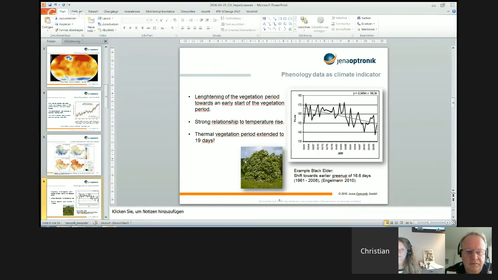The black elder, which is one indicator for phenological monitoring here in mid-Germany, shows a lengthening of the vegetation period, measured towards an early start of the vegetation period, and there's a really strong relationship to temperature rise. There was an extension of the whole vegetation period of 19 days between 1961 and 2008. So here you see the trend of the start of season, a real